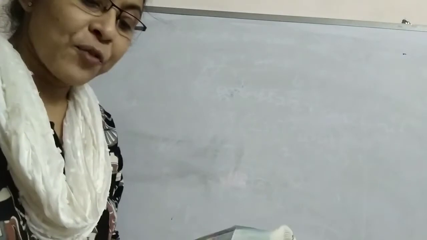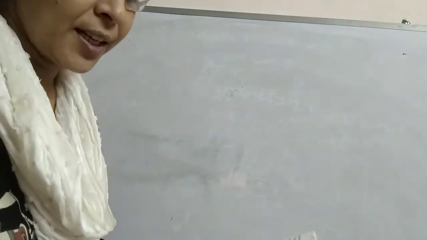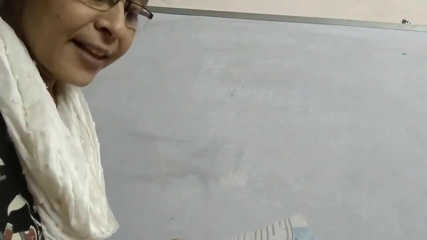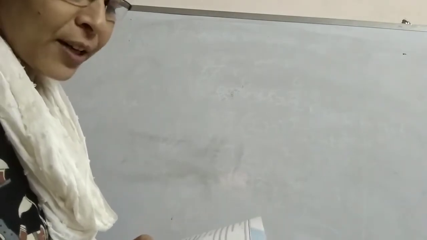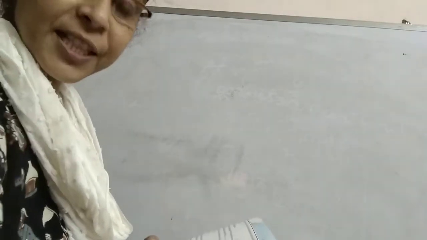Exercise 12. I will start sum number 16. Essay type question. Sum number 1: the numerical values of volume and whole surface area of a solid hemisphere are equal. Let us write the length of the radius of the hemisphere. That is, here the volume and whole surface area of the solid hemisphere are equal.